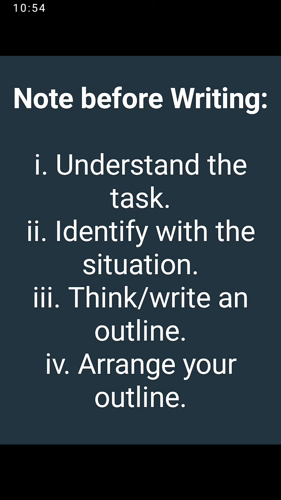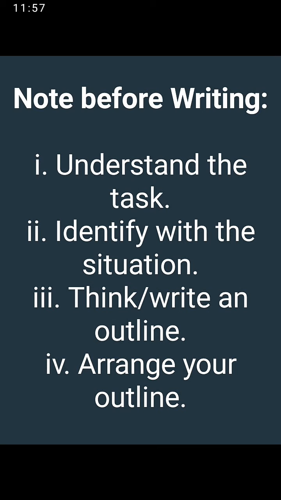So the next thing you want to do is to go back to the points once you are done writing them. Now remember that you need to arrange your outline. In step 3, you thought of these ideas, and as the thoughts were coming, you were putting them down as they came. So it's possible that these ideas did not come in a logical order. So at stage 4, you want to look at those outlines again and rearrange them, bringing the first point first, what you think should come first, the one that should come second, the one that should come third.